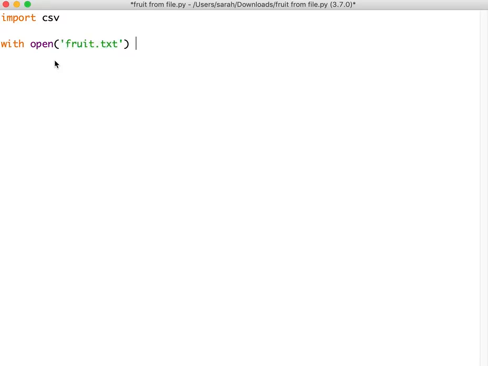But we're going to tell it to open it as a CSV file. And then I'm going to read the information in that file. So csv_reader equals csv.reader, and then it's going to call this